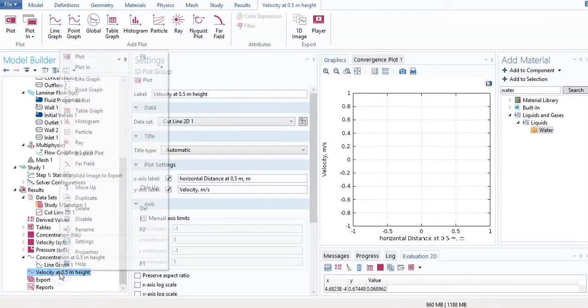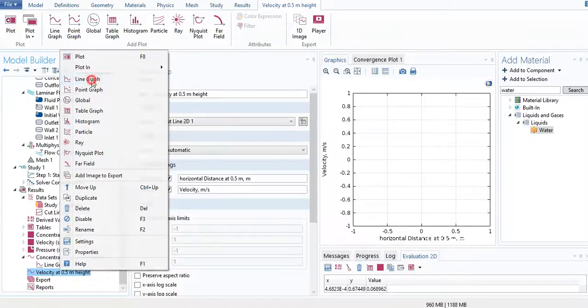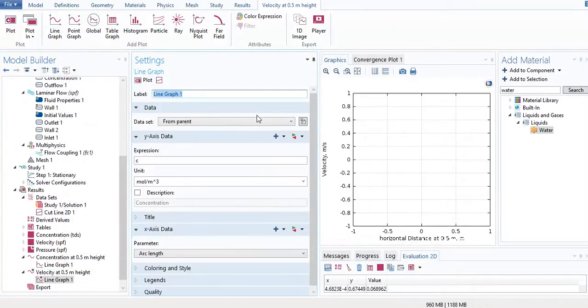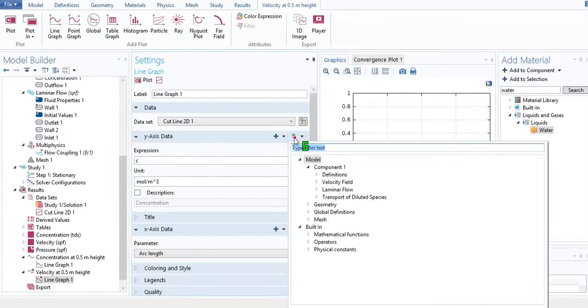Right click on that and select a line graph. And now we have two things to change. First, the source of data has to be from the Cut Line 2D, so go to that and change it. And the expression, the default is concentration, we need to change that. So click on this arrow here and select